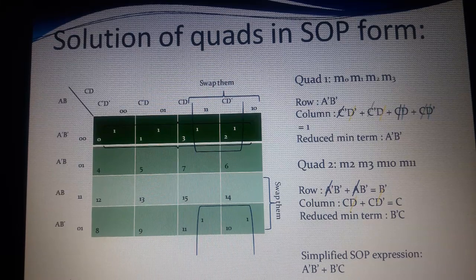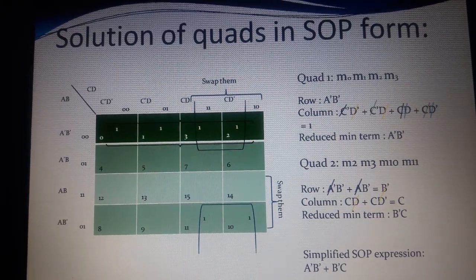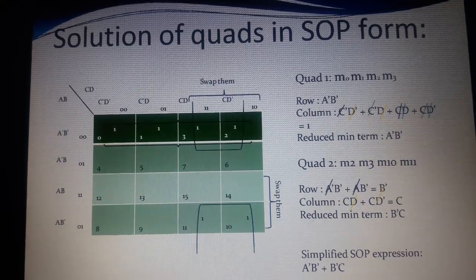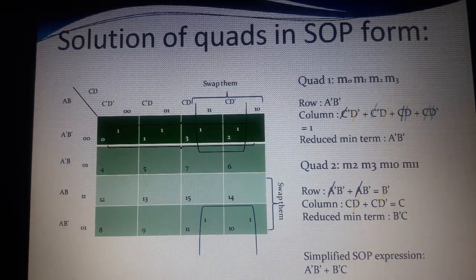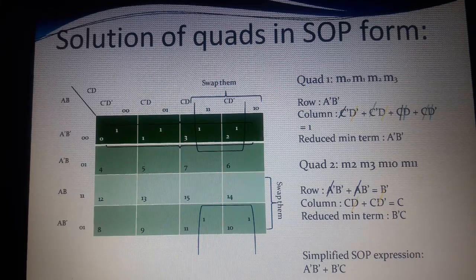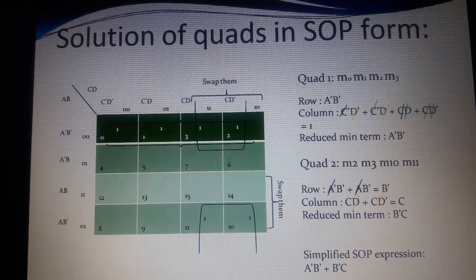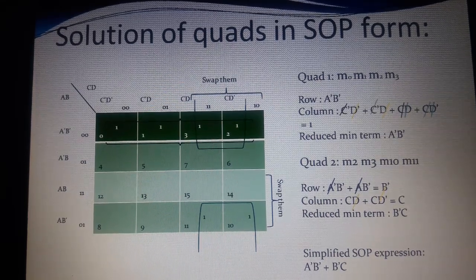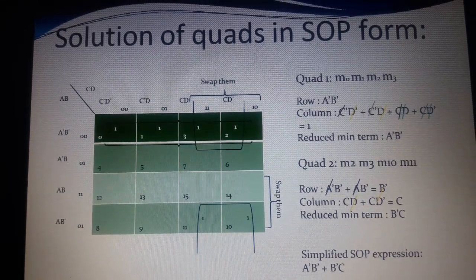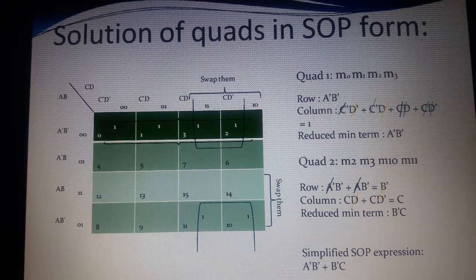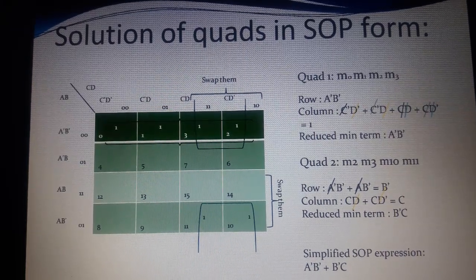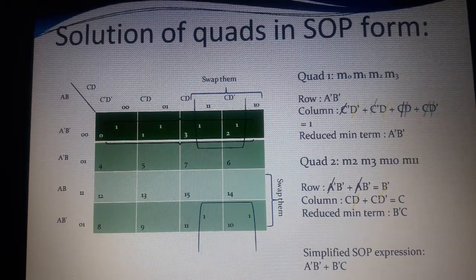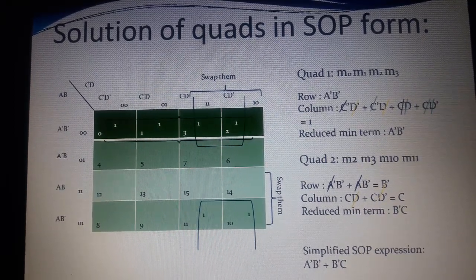Without applying a Boolean law, I am just cutting it because I know that it is. That's why I cut it directly. The color indicates what variable I am cutting. See, yellow indicates I am cutting D dash and D. Blue indicates I am again cutting D and D dash. Green indicates I am cutting C and C dash. Black indicates I am cutting C and C dash. And the reduced expression we are getting is equal to 1.